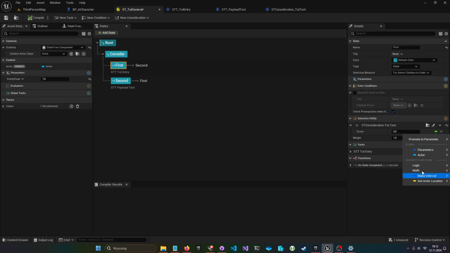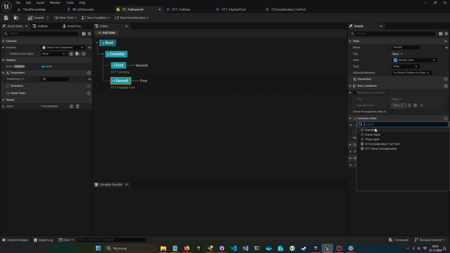So you can bind the pretty float. And we could plug in a different variable, because of course this will be the same, so it will just pick the first. But if you have two variables, you want to check different things, or you have many different considerations, you could, of course,